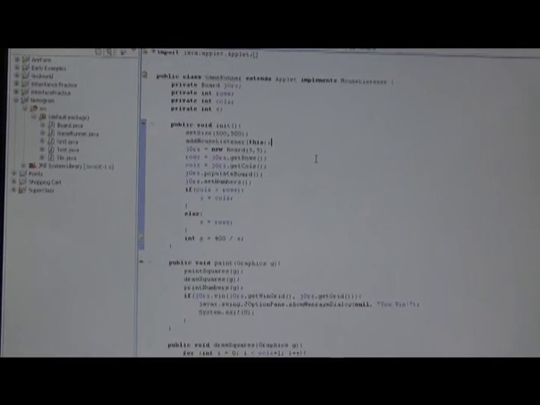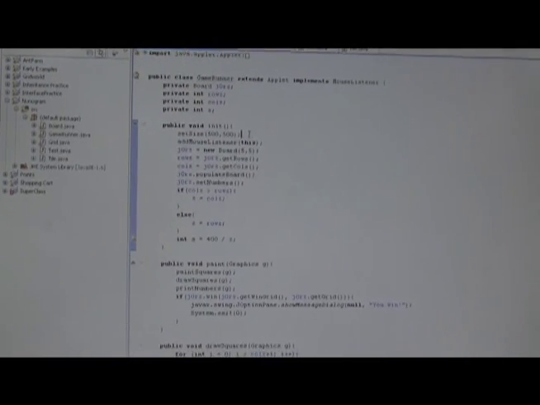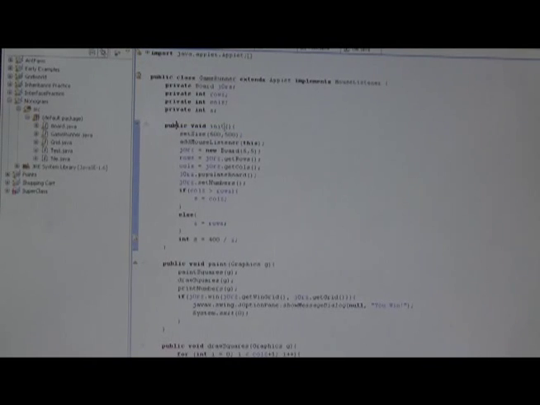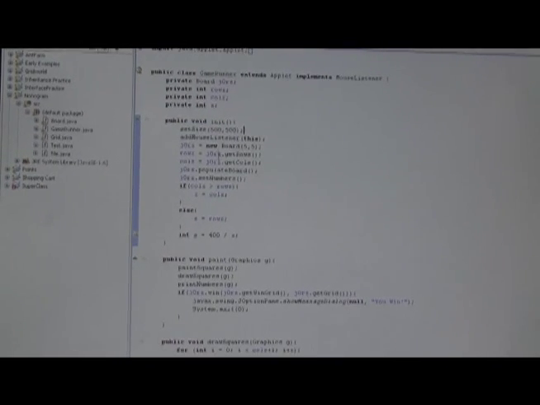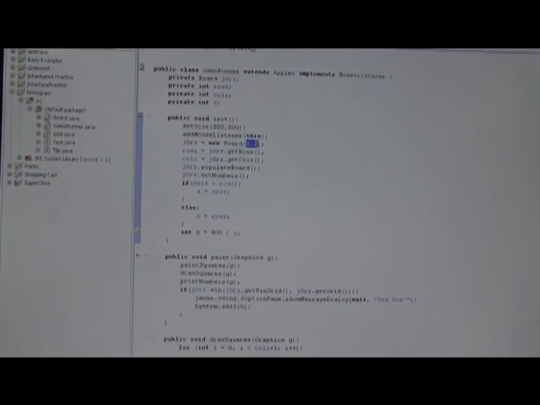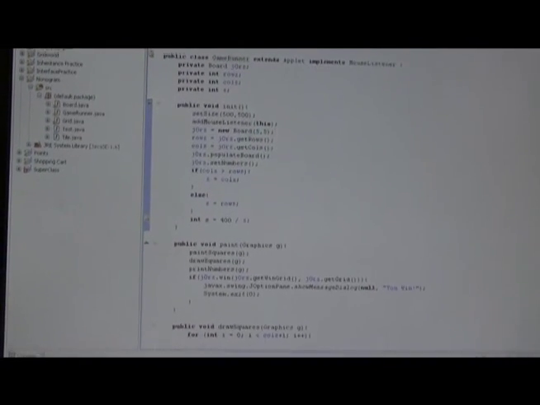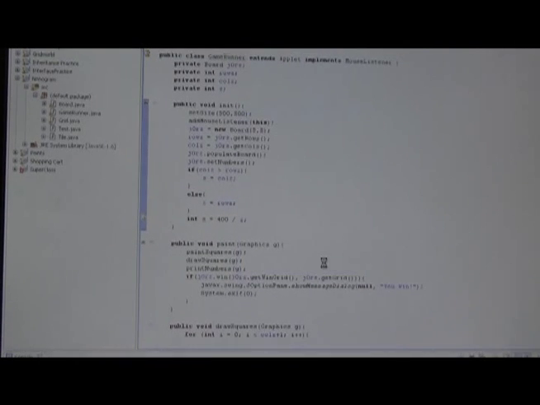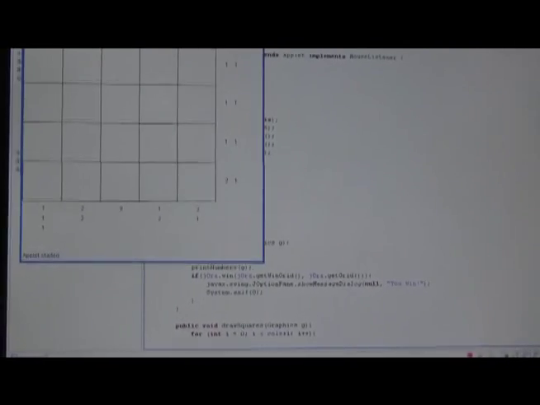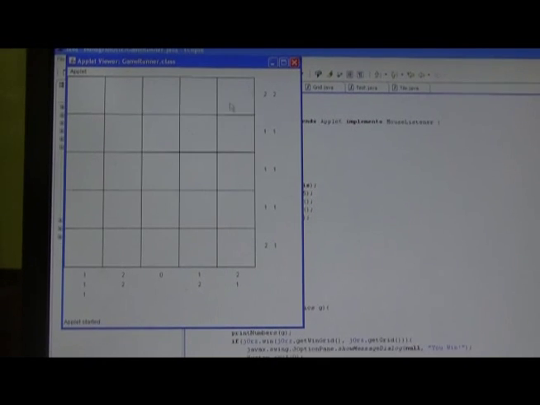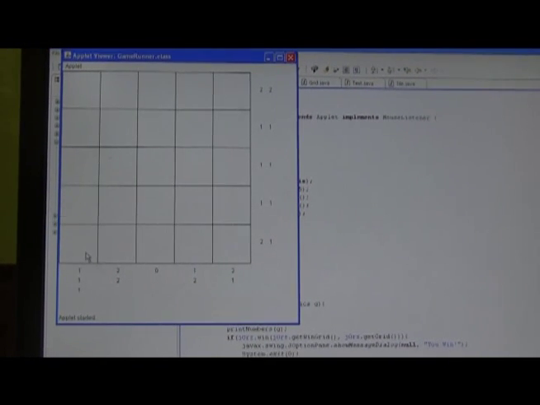Hi, this is our game, and it's called a nonogram, and the way it works is it's a grid, and right now it's a 5x5 grid because we specified it that way. It can be changed, but anyway, this is what it looks like. So you can see that it's a 5x5 grid, and there are these numbers on the side, and what these